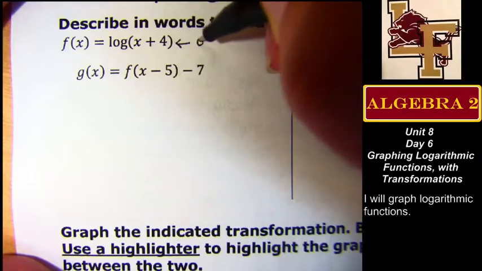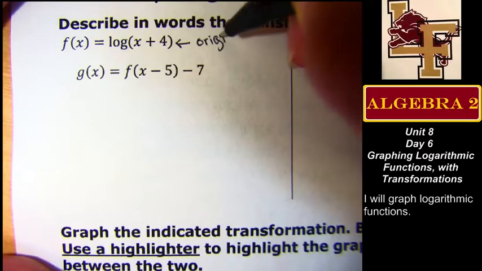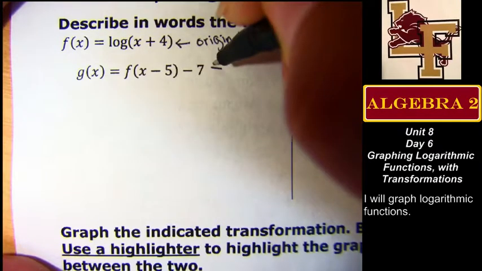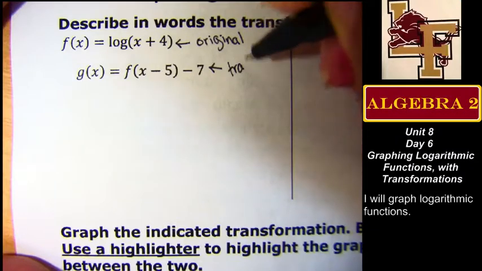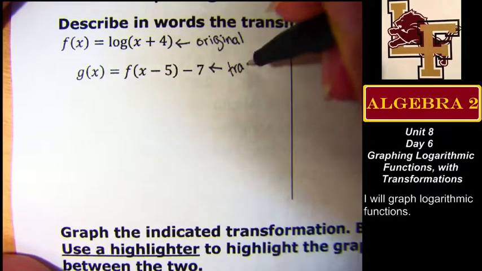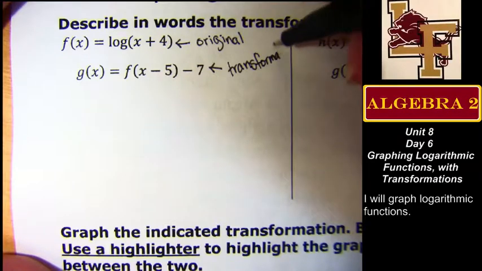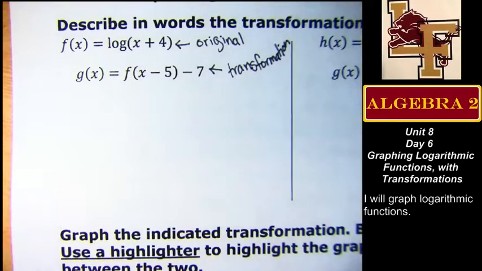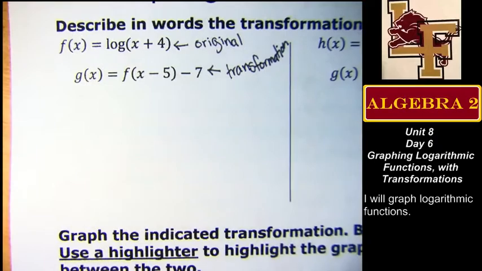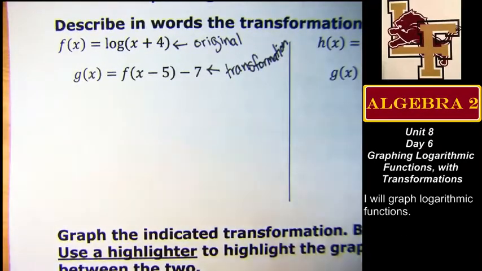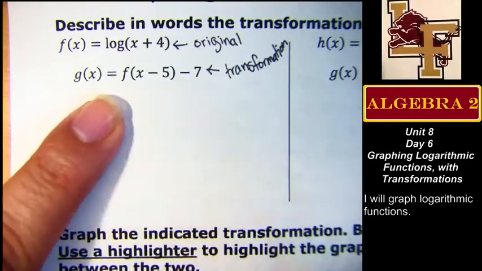This function right here is my original OG function, my original function. And this one down here, my g of x, that's my transformation. That's the one that's undergoing a change. So as I look at the transformation, I notice that